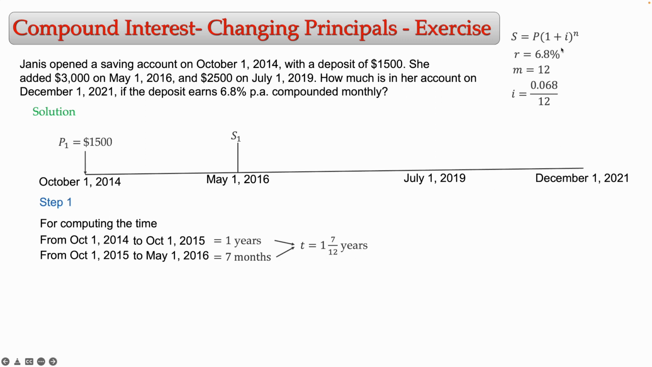And if you want to know how many months, it will be these numbers multiplied by 12. If this was quarterly, then you multiply by 4. If this is semi-annually, you multiply by 2. In this case, it's monthly. So you multiply the time by 12, and you're going to get the number of periods, the number of months. So in this case, it will be n equals 1 and 7 divided by 12, multiplied by